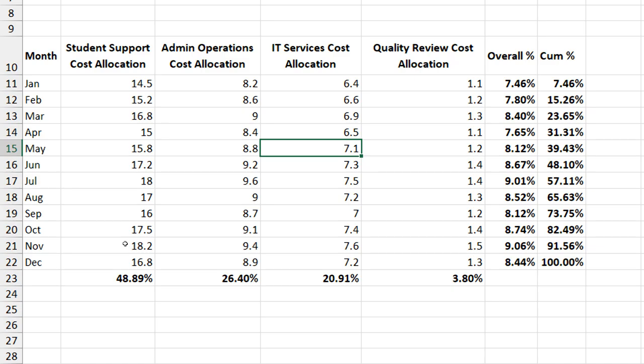For overall student support, 48%. Overall admin is 26%. IT is 20%. Quality review is 3%. Three column-wise, both. Column-wise percentage and